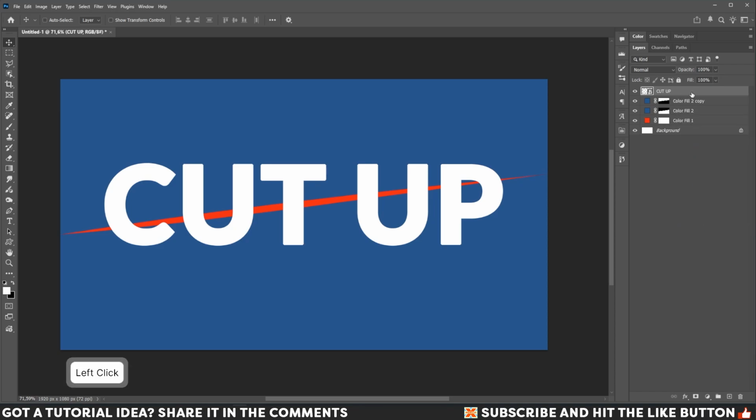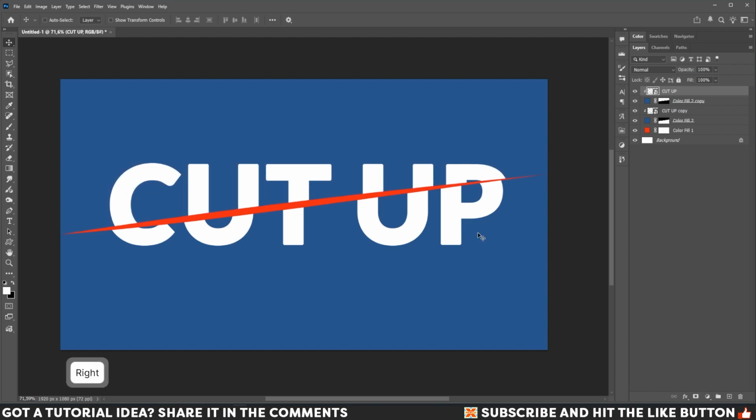then Ctrl J to copy the text layer, and then Ctrl Alt G to clip the text, and then position the text like this, and then